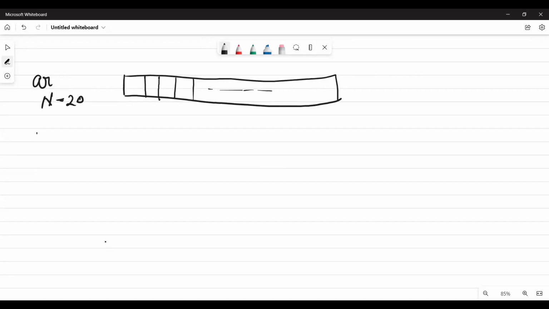Next, you have been given a BR array of length m equal to, let's suppose, 3. The numbers given are 2, 5, and 3. Okay, so what you need to do,